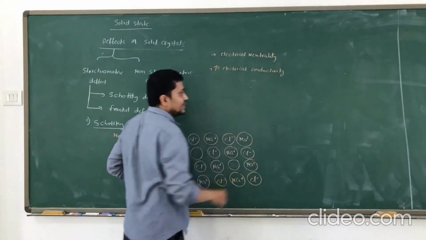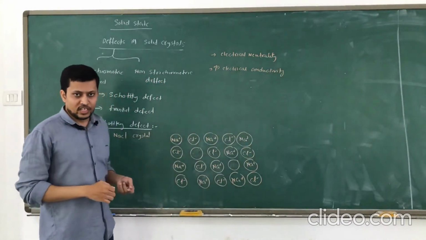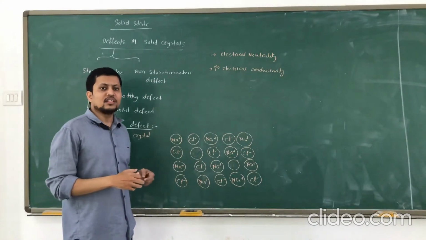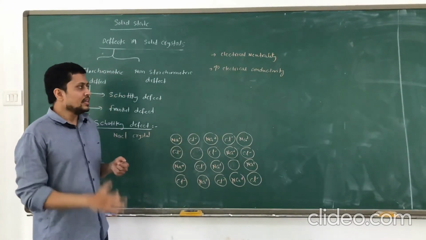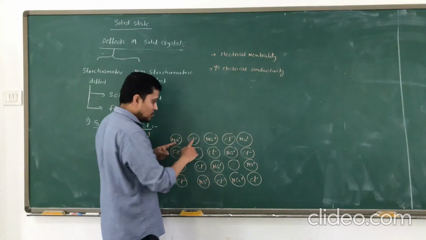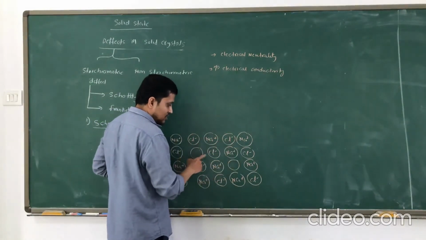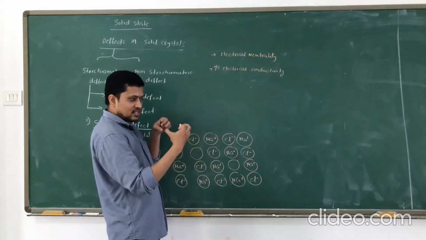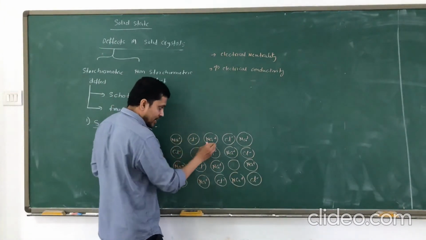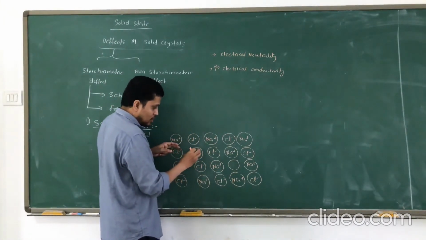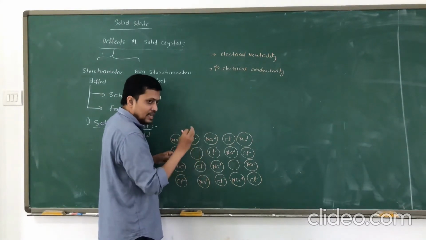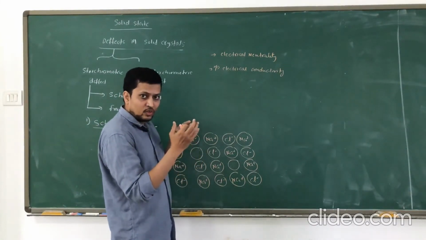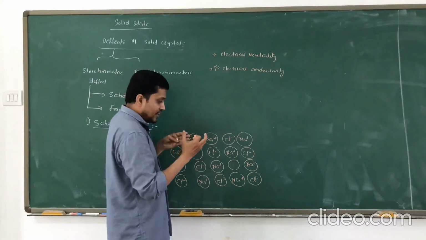Electrical conductivity increases due to this defect. Even though the increase in electrical conductivity is very small, it is still increasing. When we talk about the total crystal, because of these defects, they are going to lose the close packed structure which they have because of the anion and cation. If someone is missing from the crystal, then the structure of the solid is going to be somewhat defected,